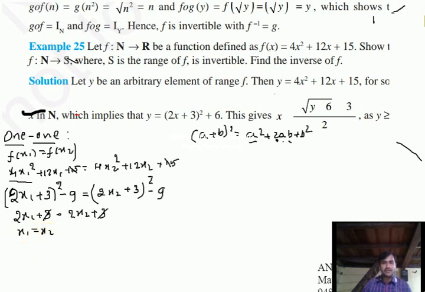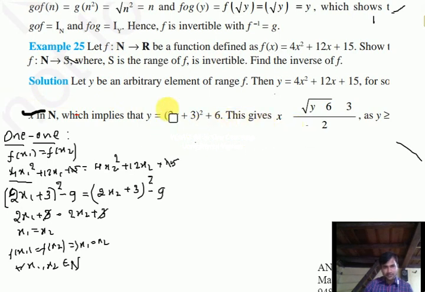Therefore we conclude this result as f of x1 equals f of x2 implies x1 equals x2 for all x1, x2, and since this function is defined from N, we need to write it as belongs to N. Then we need to prove this function as an onto function. To prove it as an onto function,